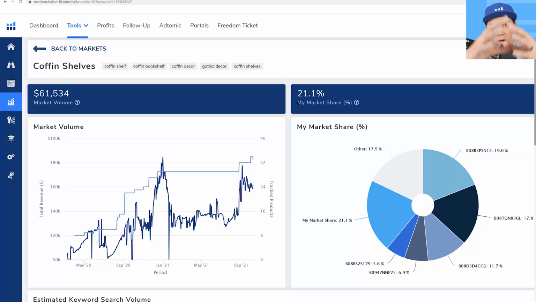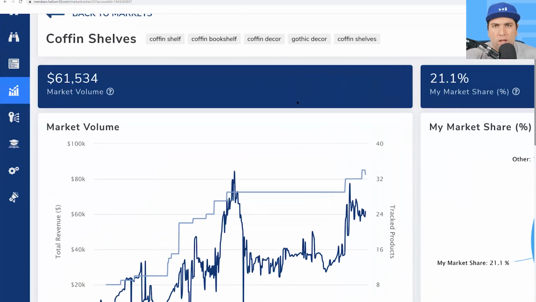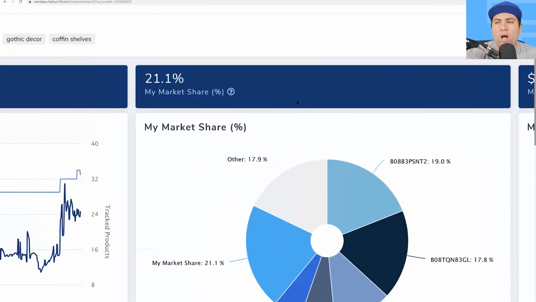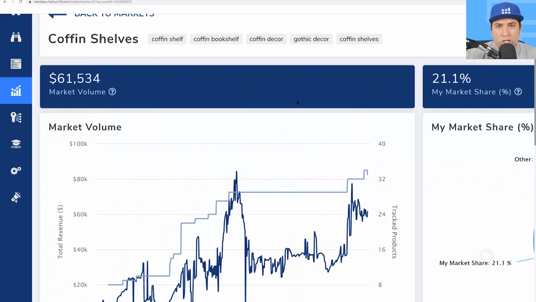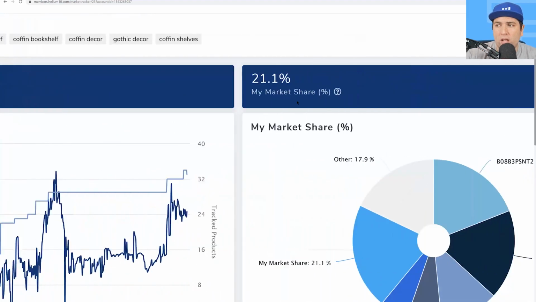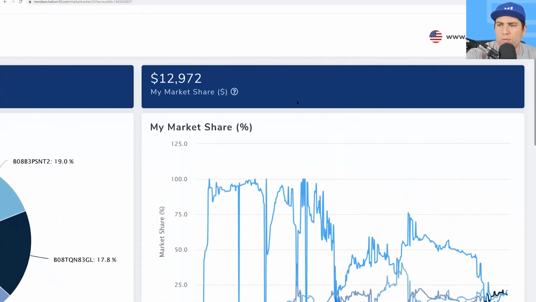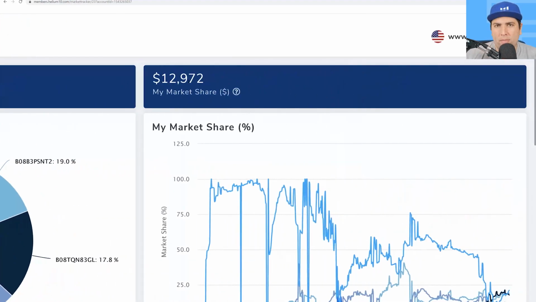And then what we do is once you've put the ASINs here, we're going to tell you the market volume. So based on all the ASINs that you put in, this is the estimated monthly sales that these products are generating. And then based on that, this is what your estimated market share is. So the market volume for this coffin shelf market is $61,000. My market share is 21%. Why is my market share 21%? Well, that's because my estimated monthly sales is